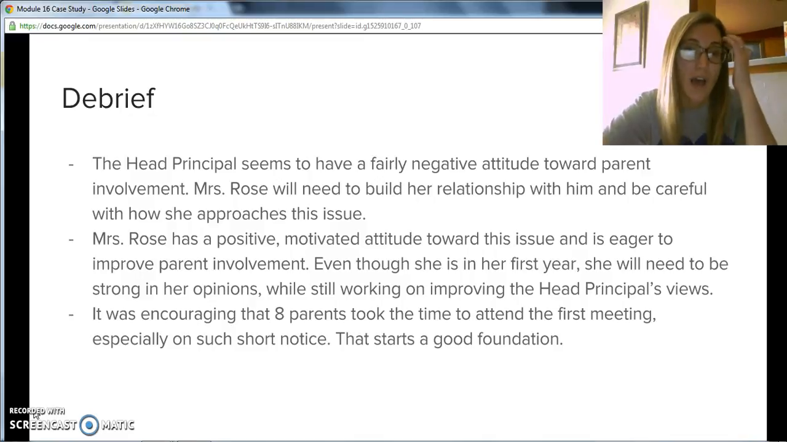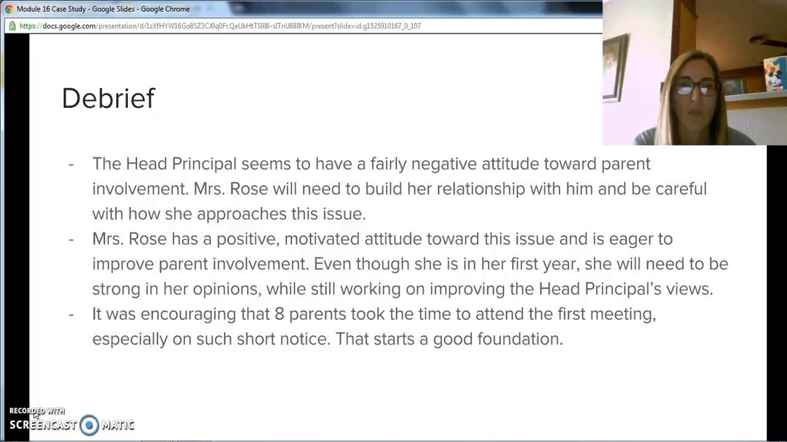So to talk about how I felt about this situation, first thing was, it was obvious the head principal seemed to have a fairly negative attitude toward parent organizations, and he kind of had this preconceived idea that parents didn't want to be involved. So I would have to definitely build my relationship with him and be careful with how I approach certain things with him, because he has these past experiences fresh in his mind, and it's affecting how he sees the future